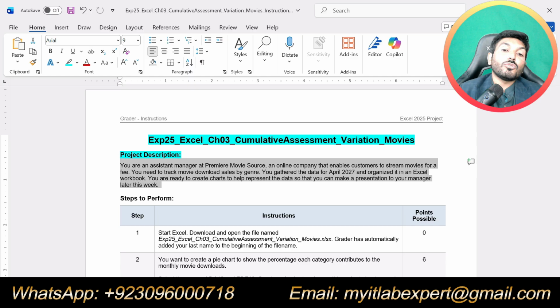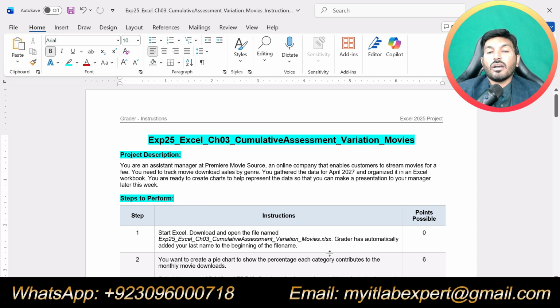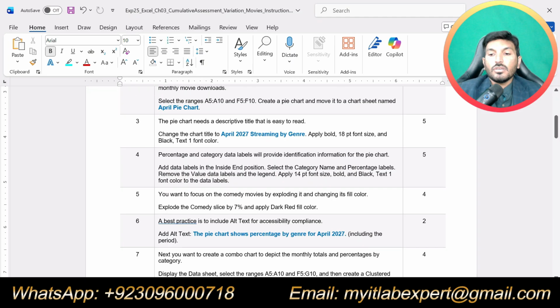Once you go through this project description, it will be easy for you to understand this assignment well, and you will be able to solve it easily. Then we have the main part of the assignment, that is steps to perform to